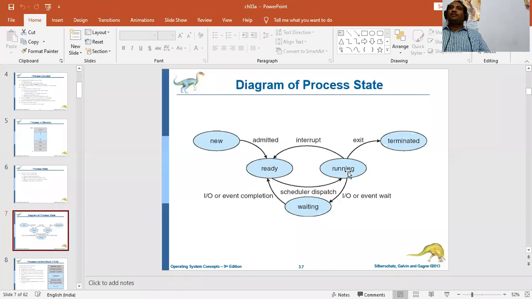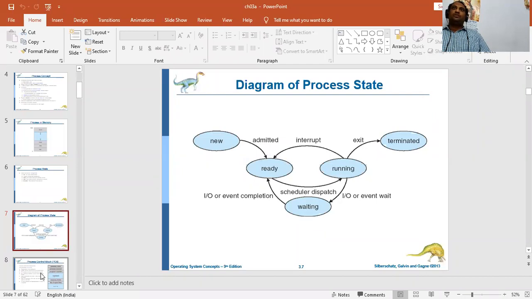If it requires any input output operation, it goes to the input output waiting state. From there, it goes back to the ready state. From running, if it is interrupted, it goes back to the ready state again. If it is successfully executed, then it exits. So this is the complete life cycle of a process. This is what we saw in the previous class, till here.